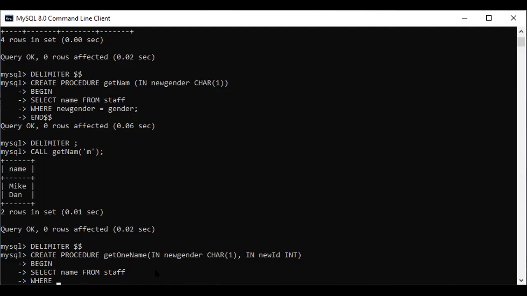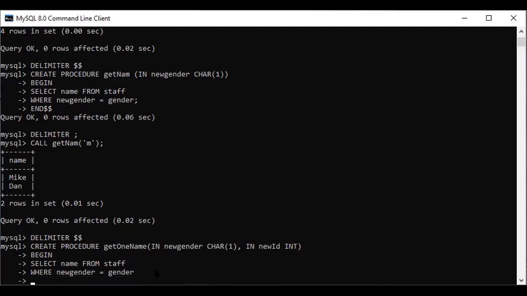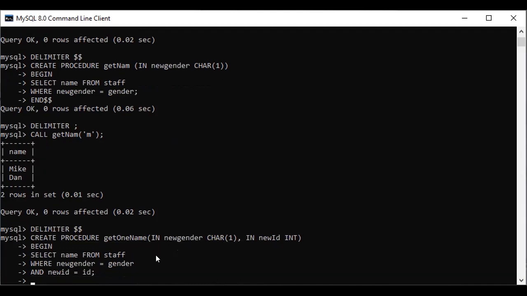Where new gender equal to gender, same as before, and have another parameter, and ID: new ID equal to ID. This is the logic, and end dollar sign.